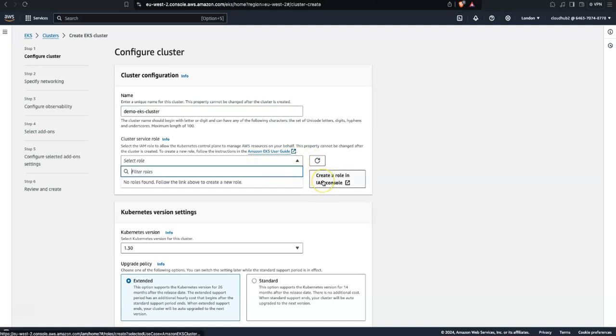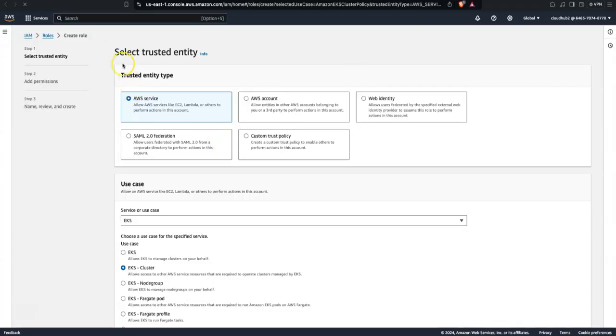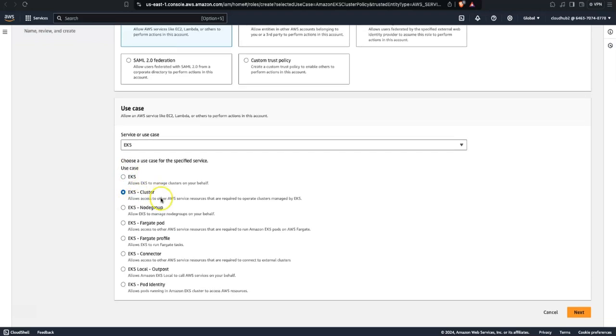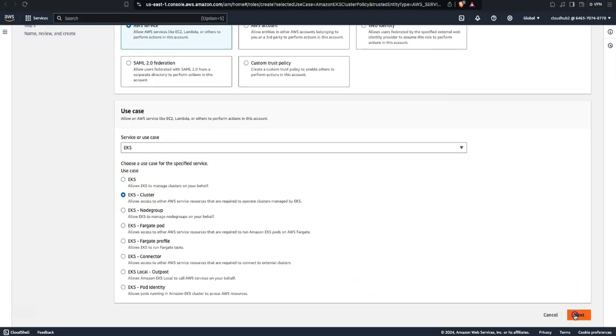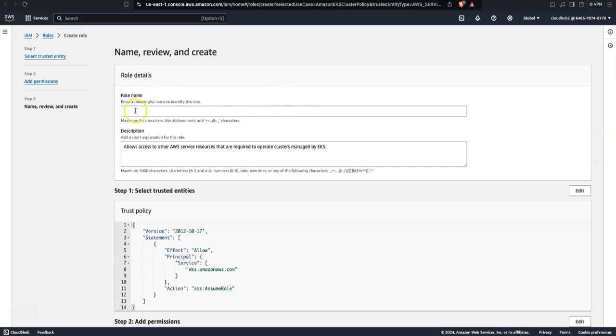Okay, so here we can create the role. Select the trusted identity, which is the AWS service, and here we are creating a cluster. So we have to select EKS cluster, not EKS, but rather EKS cluster. The next thing is to select next. This is the permission that has been assigned, so we click on next and then give the role a name,